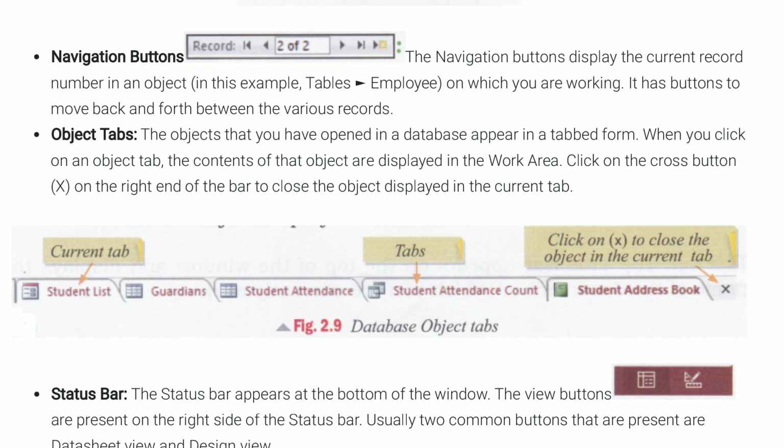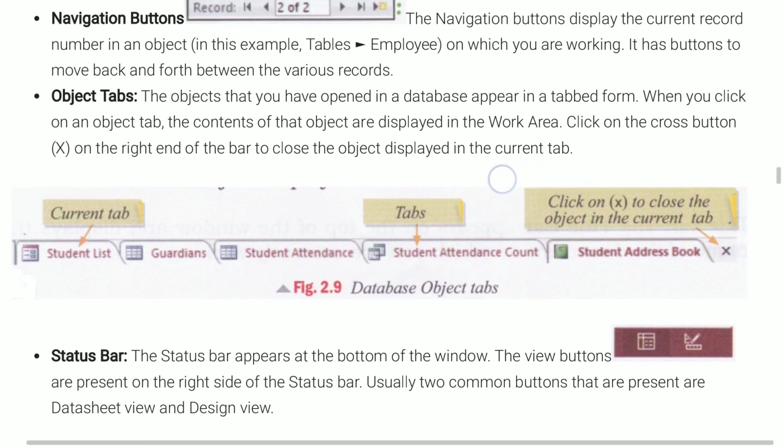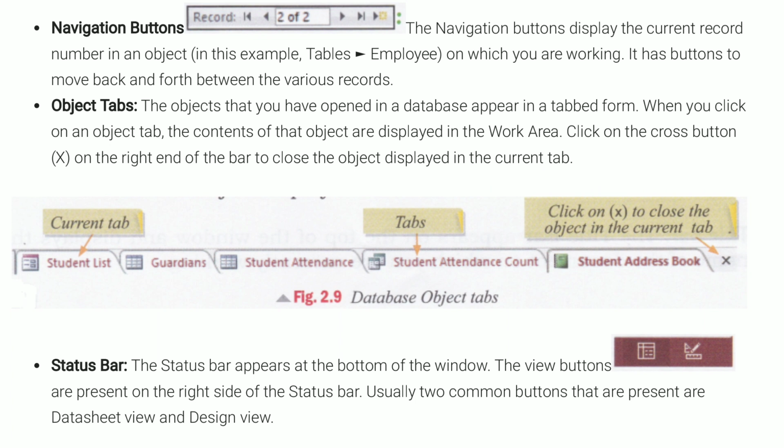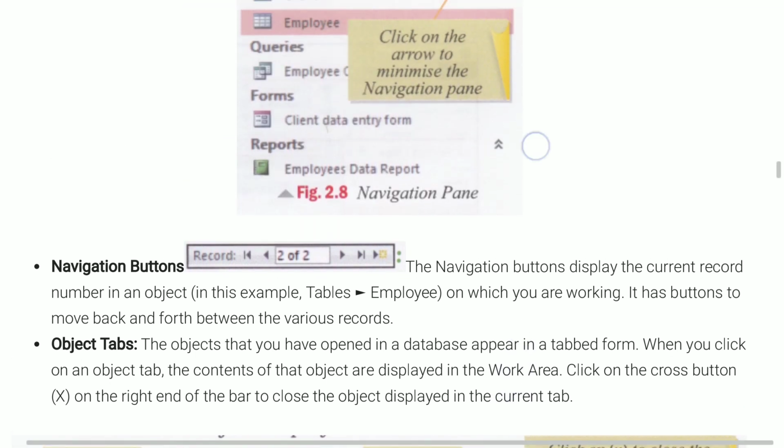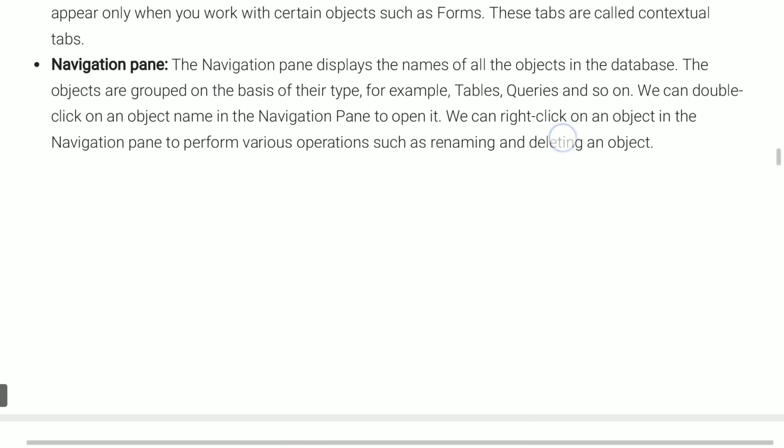And the last component described, as you can see on the screen, is the status bar. The status bar appears at the bottom of the window. You can also see it in the components of the Microsoft Access window.